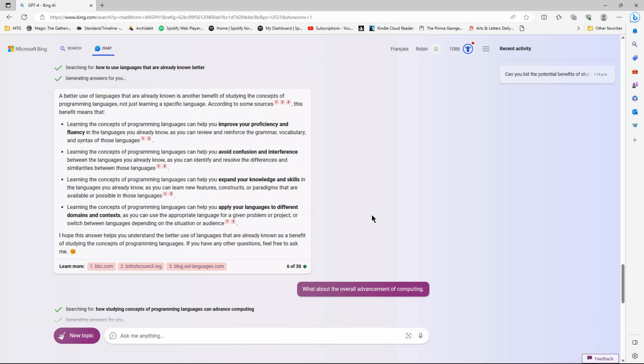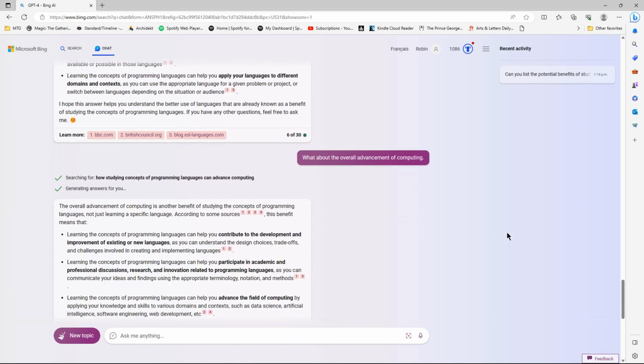Apply your languages to different domains and contexts. Yeah, because there are instances where you might not realise that a particular programming language can be applied to a problem domain adequately. And so that misunderstanding or lack of understanding of underlying concepts may lead you to think that you need to use another programming language when you don't. Or just make sure you give a programming language a fair crack.